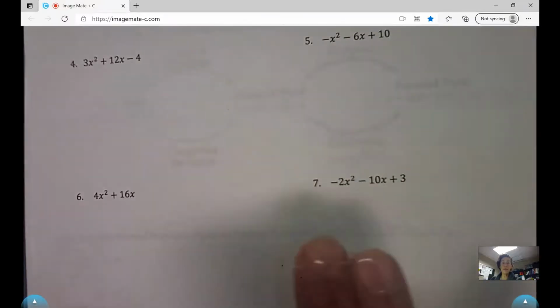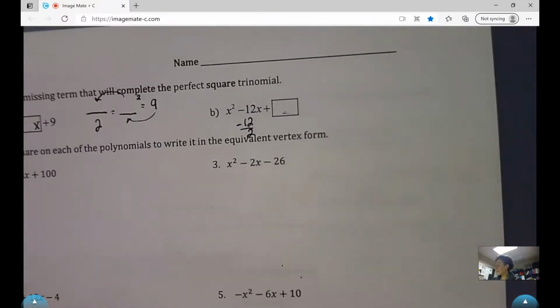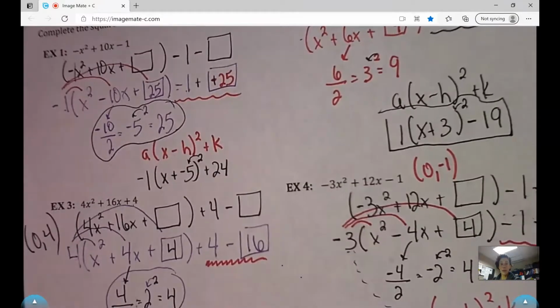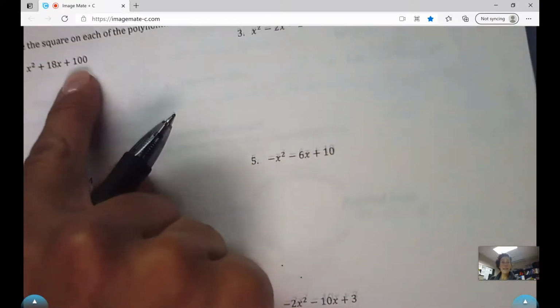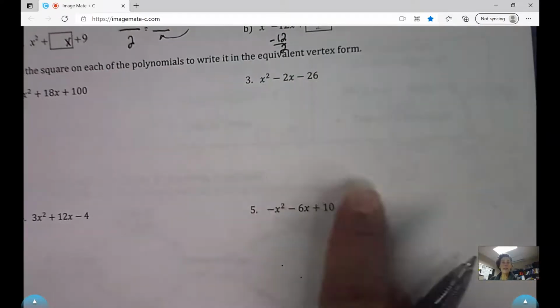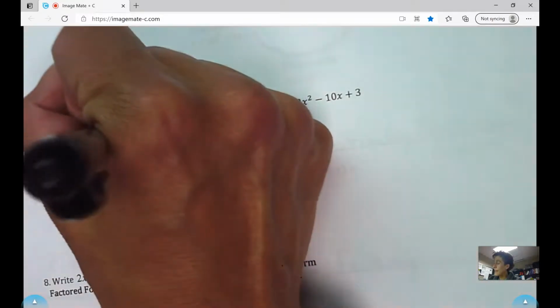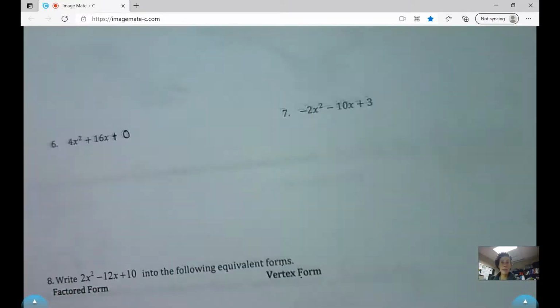So these examples follow what we just did on these 4. So I think the only one that might mess you up is that all of these have a constant at the end, except this one. So if you really want to put a number at the end, the number you can add that doesn't change anything is 0. So to get this one started, if I put the x's in parentheses,